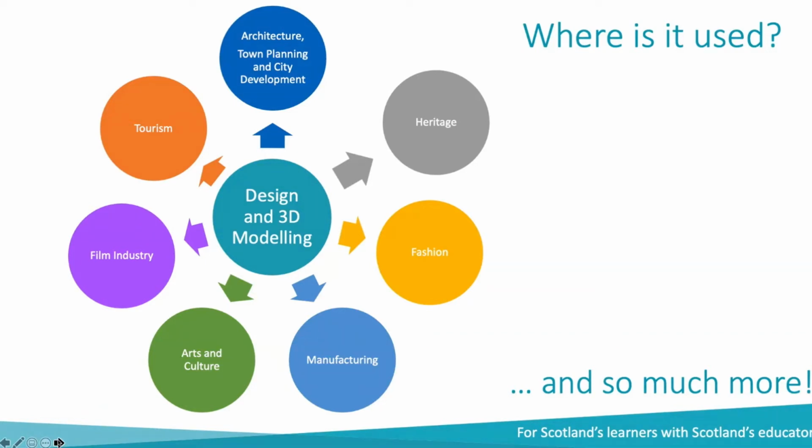Car designers, if you think how in the 70s and 80s how expensive it was for them to build a car and replicate it before they even decided if that was the process that they wanted to go down. So again, using CAD software and creating models of these things is a much more financially viable, and it allows for a faster turnaround with reduced impact on the environment. And then we've got things like heritage, so capturing it so that we can use it in the future and